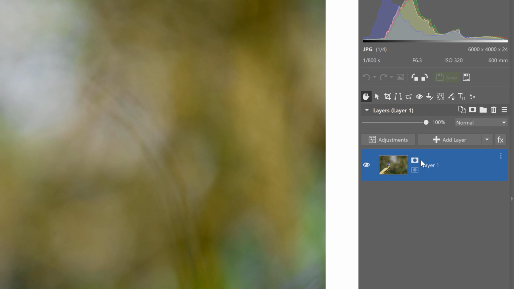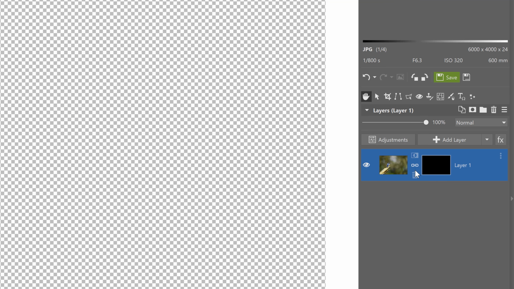Now, you can use two types of masks, hide all or reveal all. Use reveal all to create a white mask in the layer. Reveal all masks reveal everything that's contained in it. Everything that's white is going to be visible. Hide all creates a black mask, and that is going to hide everything. And everything that's black is not visible. Now, which one do you choose? Well, that completely depends upon what you're trying to accomplish.